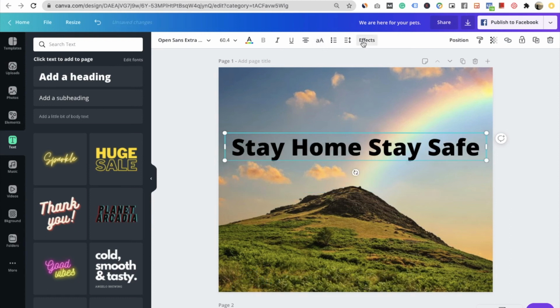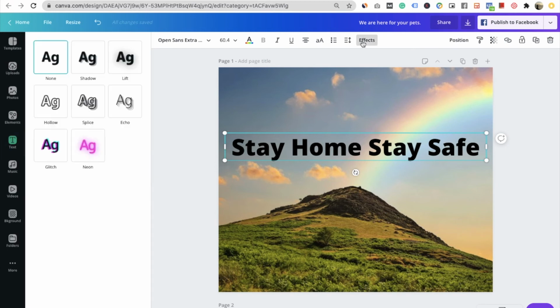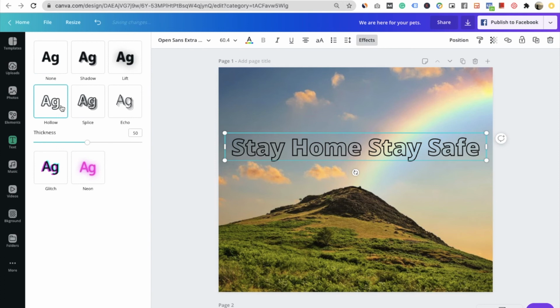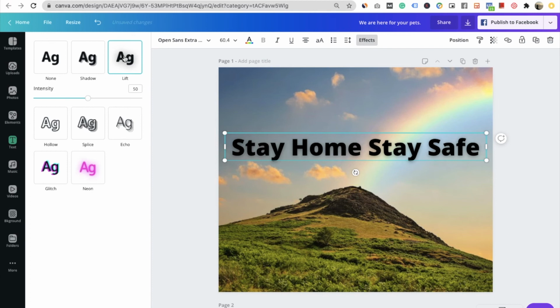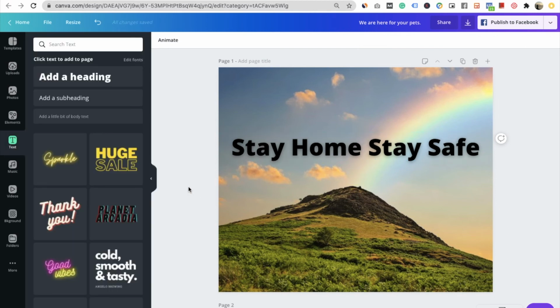You want to play around with the effects, you can do that as well. There are a lot of effects available over here, so you can consider doing that. You can choose different colors or transparency options available here. So this is how you can get started.